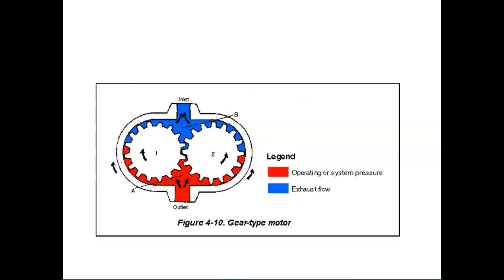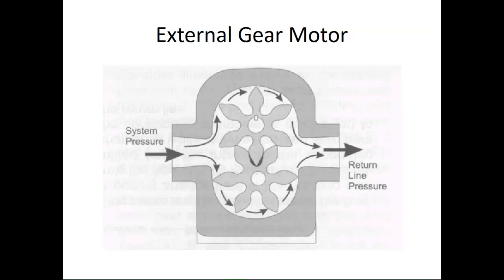Okay. So it comes in, it spins the gears, and it goes out the other side. Fairly easy, right? So this is the way an external gear motor looks like. And